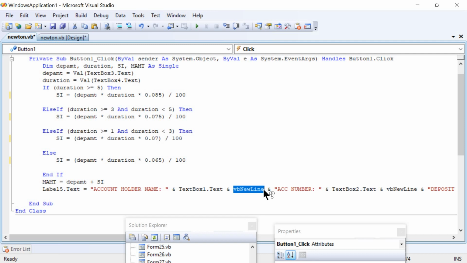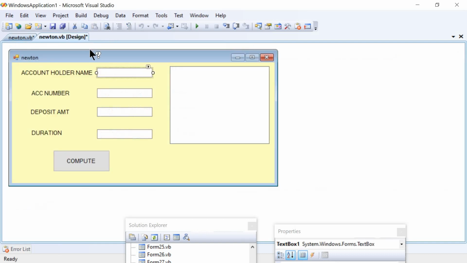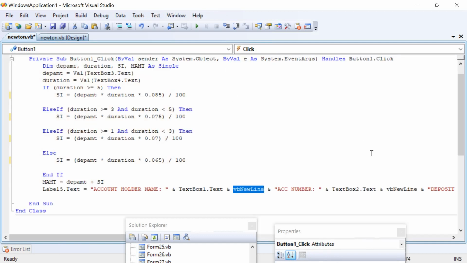Suppose we have to go for the next line or the new line, this command will be used, because in the next line we have to display the account number. Again comes ampersand, account number. As per the window design, account number will be displayed in text box 2, correct? Then here comes the text box 2 dot text property, ampersand VB new line.